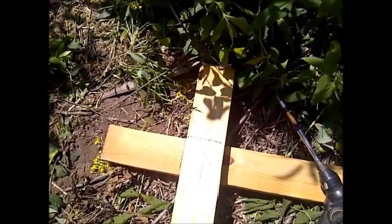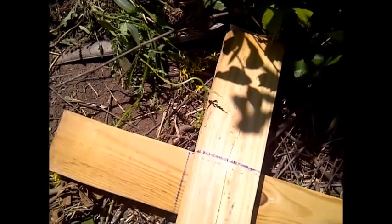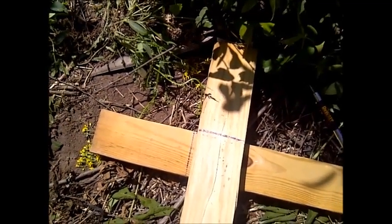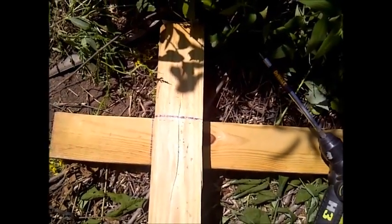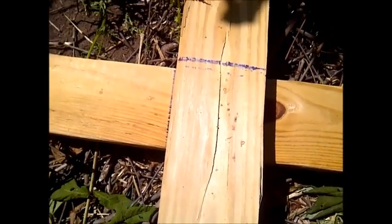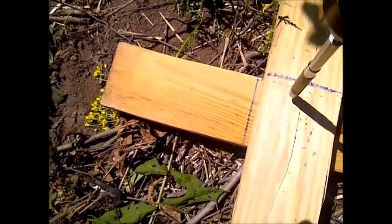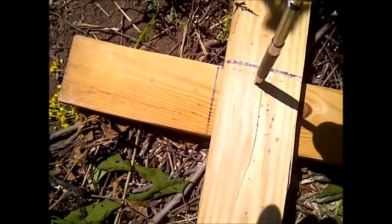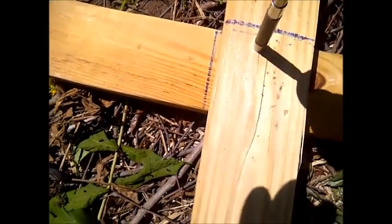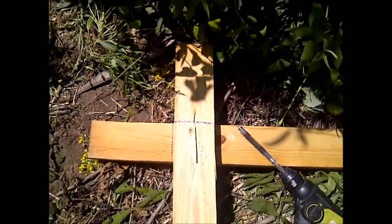Okay, so I've marked these 2x4s about where I think I want them to cross, or at least to leave myself a little bit of room for that branch to get held up in. And I'm just going to put one screw in here so I can actually move it one direction or another before I finally get it set up. So that's the one screw, and I'm going to set these up and try and get it in place where it needs to be,